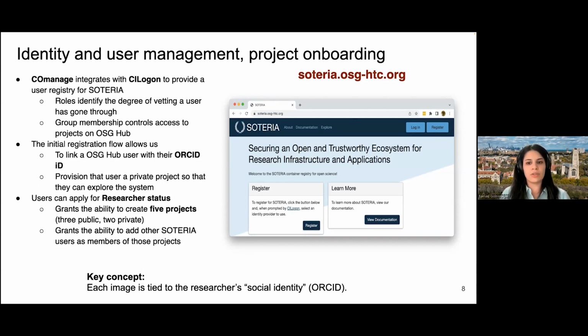The initial registration flow allows us to link an OSG Hub user with their ORCID ID and provision that user a private project so they can explore the system. Users can also apply for researcher status, and that's going to give them the ability to create 5 projects, 3 public and 2 private. Also, it gives them the ability to add other Soteria users as members to those projects. The concept here is that each image is tied to the researcher's